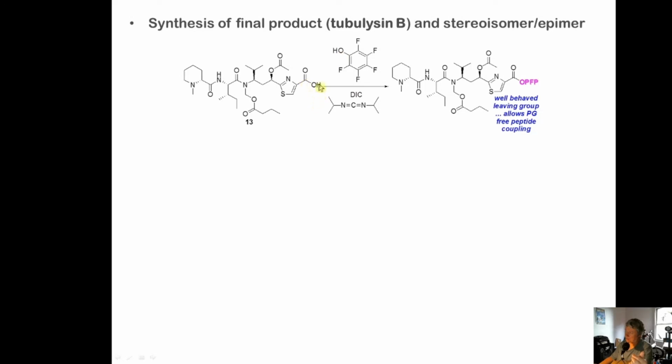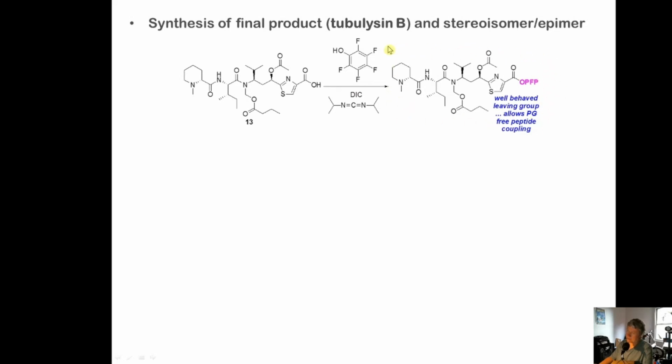Okay, that makes sense? So first you make leaving group number 1, and then this attacks and makes leaving group number 2, and then that makes this pentafluorophenol ester. It's a well-behaved leaving group. And what's really cool about this is once they take this molecule, they can attach the other amino acid component